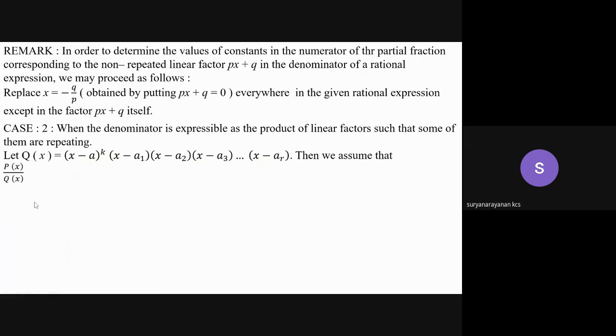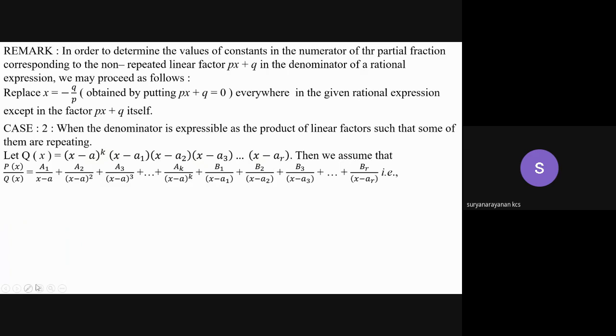P of x by q of x is equal to a1 by x minus a plus a2 by x minus a whole square plus a3 by x minus a whole cube and so on, ak by x minus a whole power k, plus b1 by x minus a1, plus b2 by x minus a2, b3 by x minus a3, and so on, br by x minus ar. If we observe these partial fractions